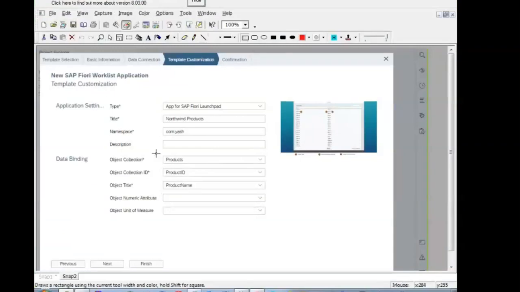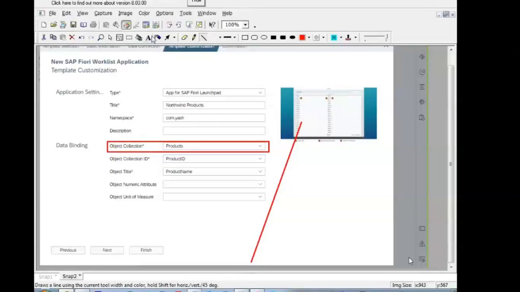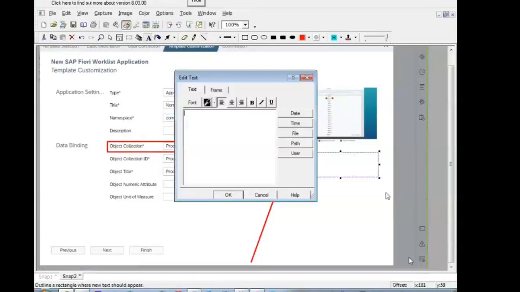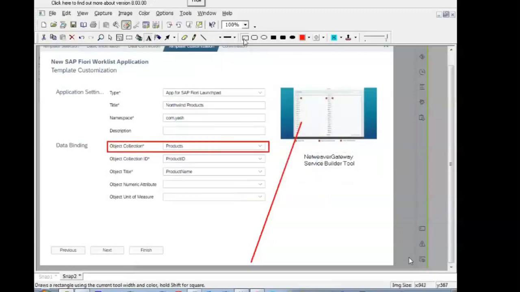Now this field, the object collection field, is a very important field. In the backend OData, when we are working with the NetWeaver Gateway Service Builder tool, which I told you we are going to see in later sessions, we are going to create our own entity sets and also properties.